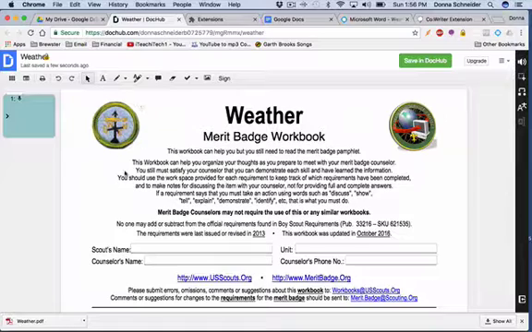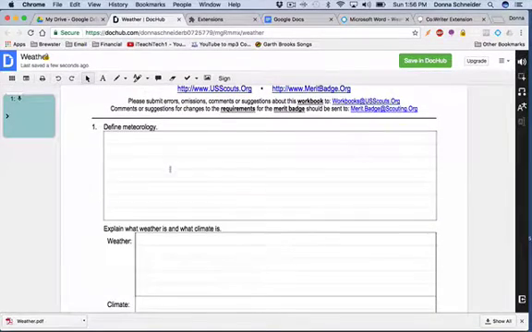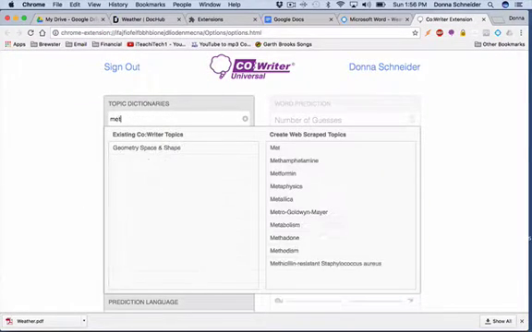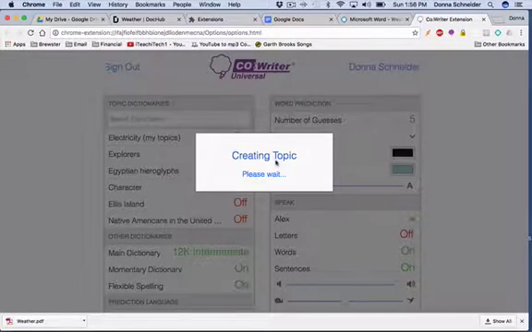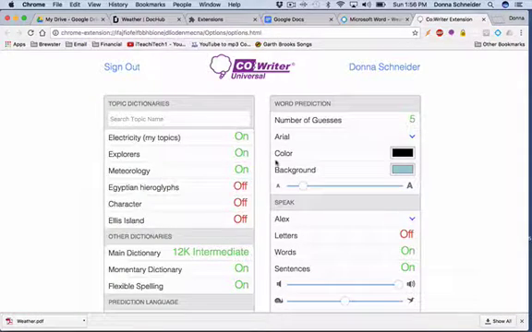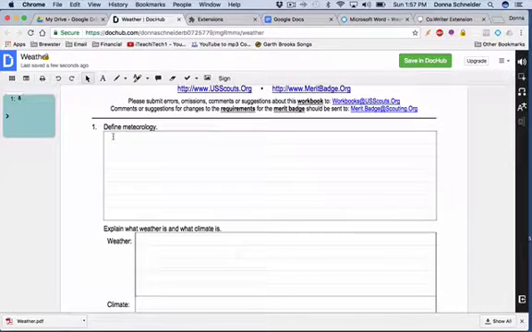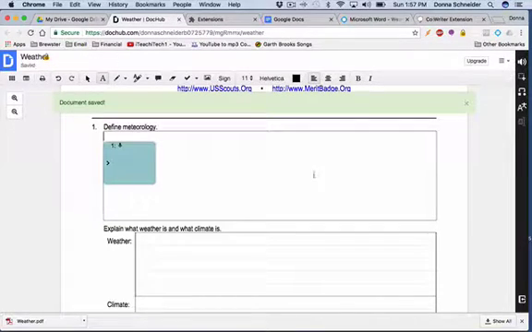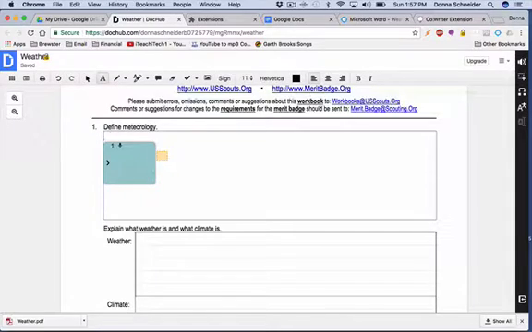So now I can take this document, and if I needed to define meteorology, I can go back and I could go into my options, type meteorology. Here we go. Turn on that dictionary. I can turn off my other dictionaries, my document here. I can now get the text box, put a text box in, and I could start typing meteorology. Meteorology is